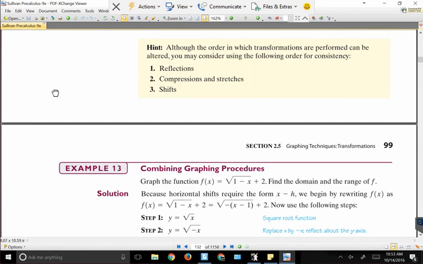About it in these three terms. So you can kind of add that as a little note onto that sheet when you've got it for functions. Do reflections first, compressions and stretches, then shifts. Okay. That way you've got kind of a consistent method for attacking